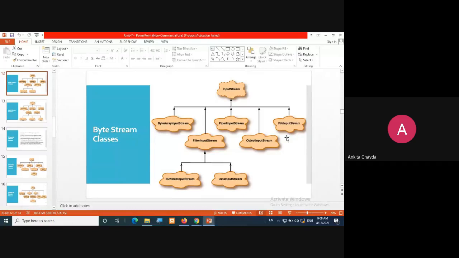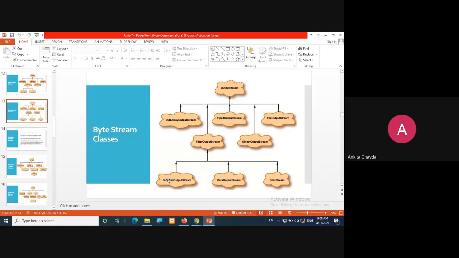We have already seen file input stream and buffered input stream. Now what we are going to see is byte array input stream, byte array output stream, as well as data input stream and data output stream. This is for the output.